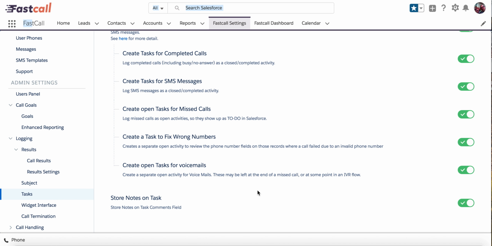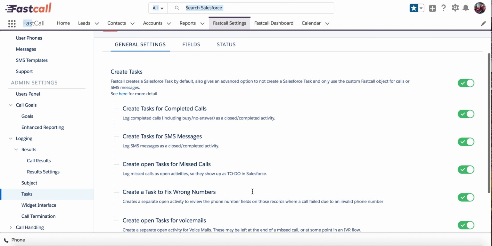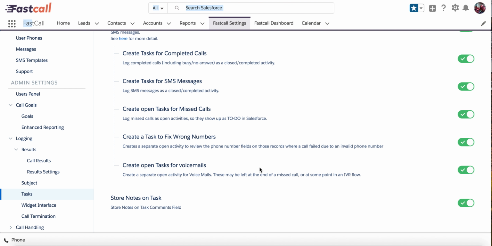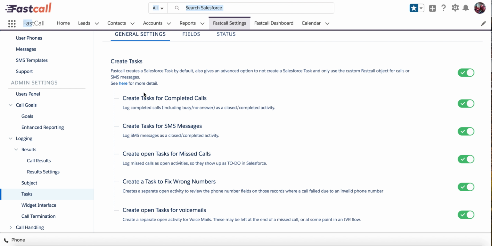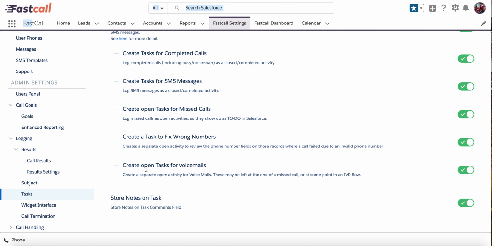Task is also sort of a heavy lifter in Fastcall. We give you a bunch of different options for tasks. There's really quite a bit of control. Do you want to create a task? Is the first option, because you can say no, and we can only use the custom record for calls. The default is generally yes. Creating a task for completed calls, SMS. Some users, some admins want to keep an open task for missed calls. Same thing for voicemails and